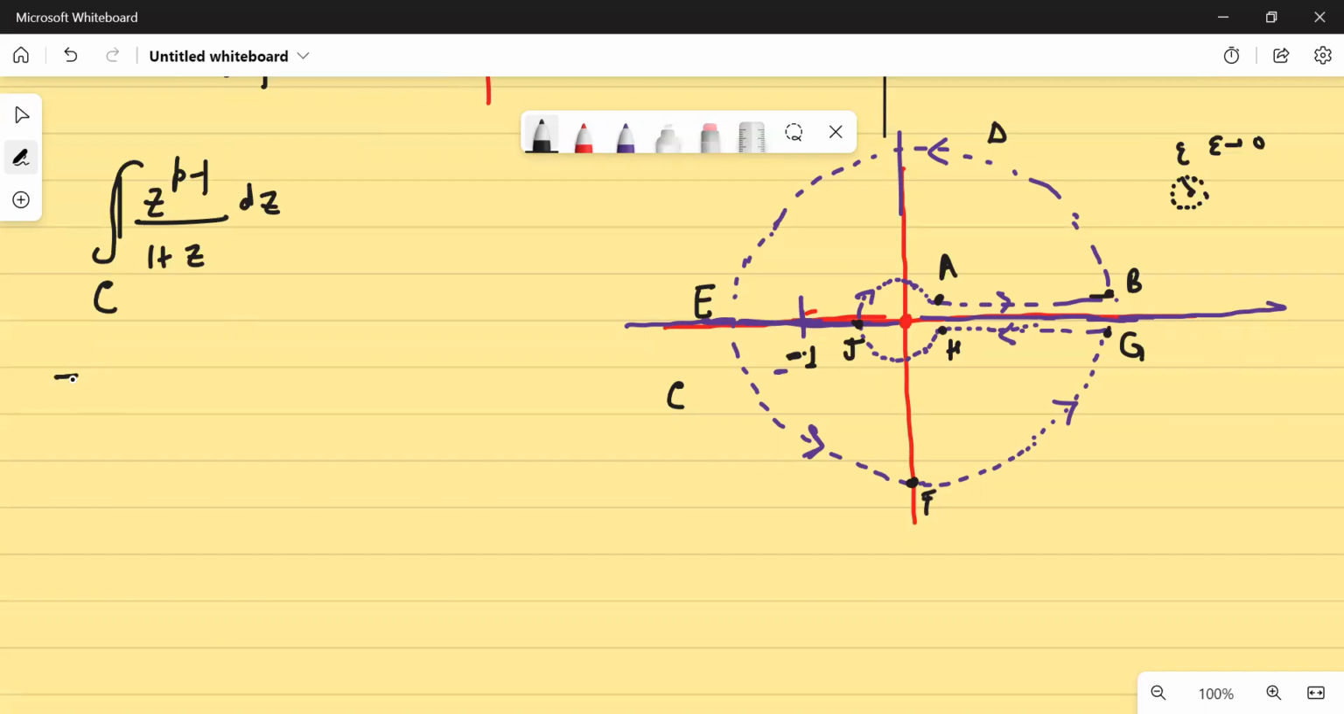This integration would be equal to, थोड़ा सा ध्यान देना पड़ेगा, this integration would be equal to what? एक इंटीग्रेशन हो रहा है along, I think, A B, then along B, D, E, F, G, then along G, H, and then along H, J, A. Is that clear? टिक टिक टिक, खत्म।